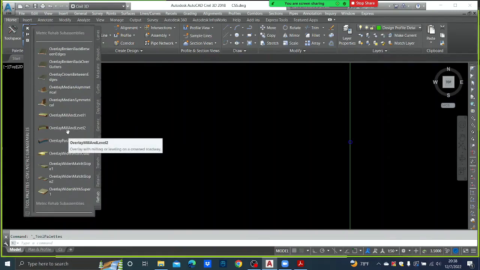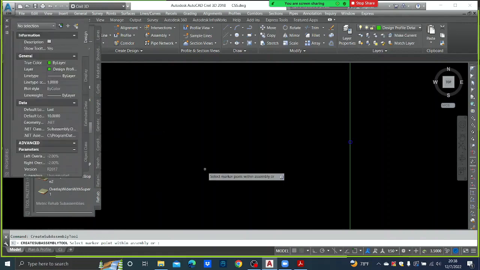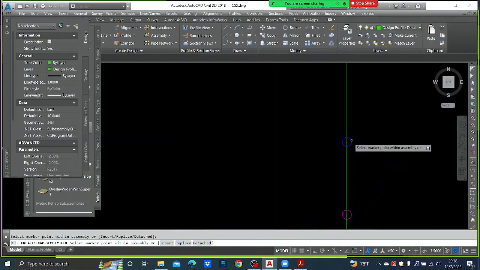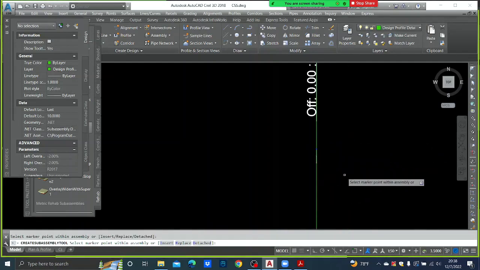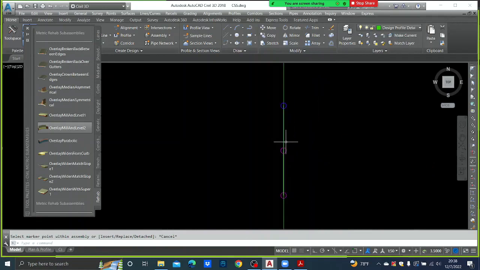That is your existing road. You are getting overlay mill and level 2. Select marker point within assembly. So this is the marker point here, but you will have to correct the